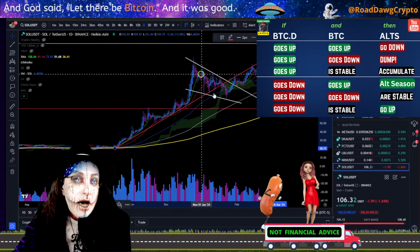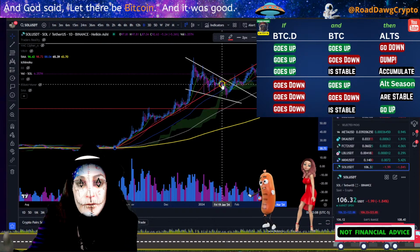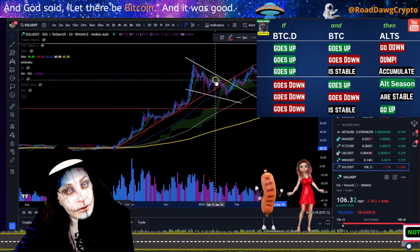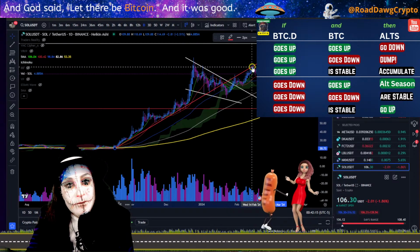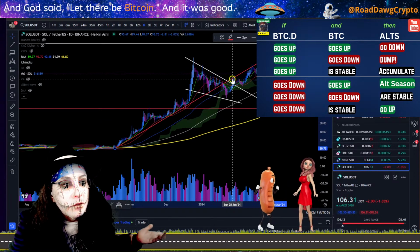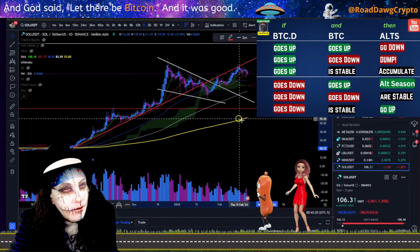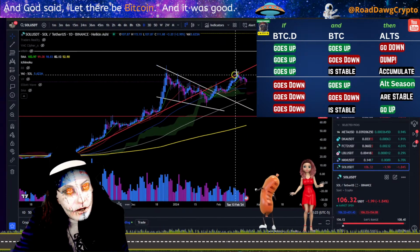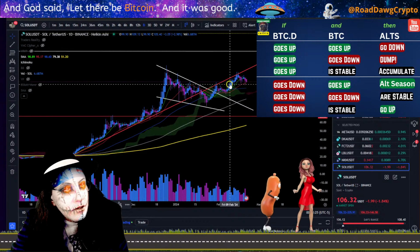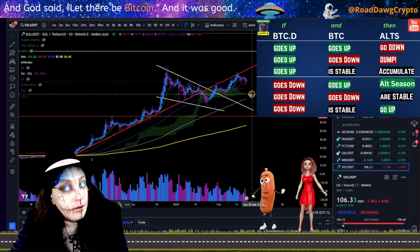This is your sign to get out when you break that. Usually, especially in a bear market, definitely. But when things are bullish, you can see it kind of ride up underneath there. It's still not great when you lose a trend line. It's a warning sign. In the bull market, it's saying there might be a trend change coming. It just might be slower. So it's a sign that we may be making an M top with this,